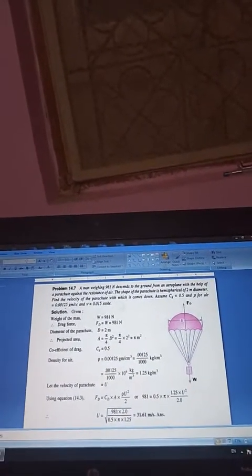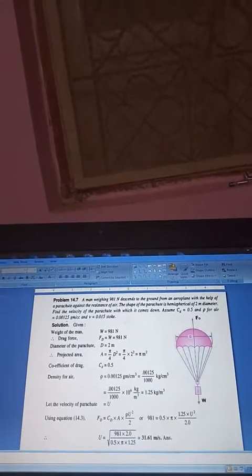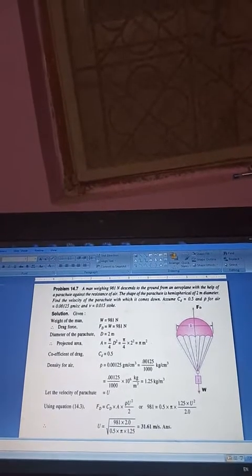So such numericals are coming on lift and drag, which are very simple. Now in this numerical, it is asked to calculate the velocity of the parachute. In some numericals, the velocity of the parachute may be given and you will be asked to find the drag force. So you have to put the value of velocity and calculate the drag force. So very simple numericals on lift and drag. With this, we have come to an end of the second portion of this unit number 6, that is the lift and drag force on the submerged body.